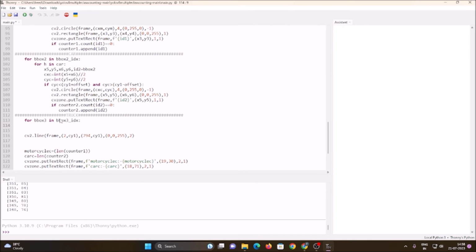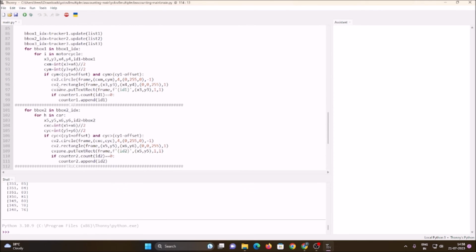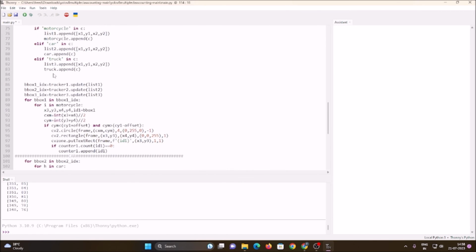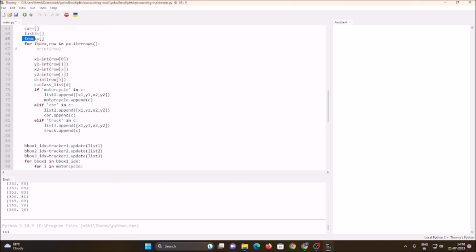That's it. Now again we want to call our truck list, our class truck list. So for, let's say here I have mentioned i, then h. So let's say j. For j in what? For j in our truck list,